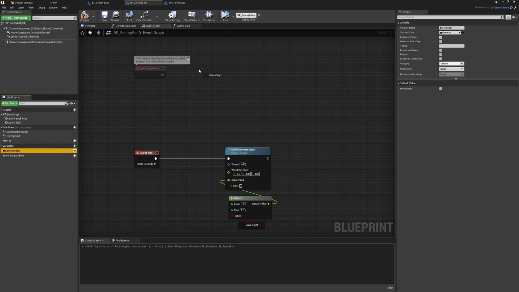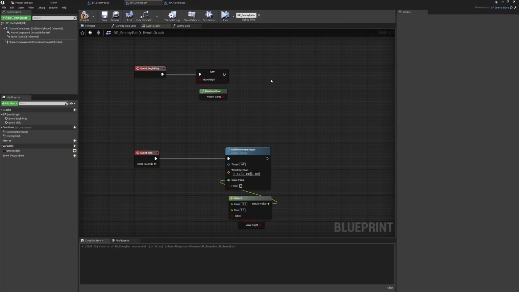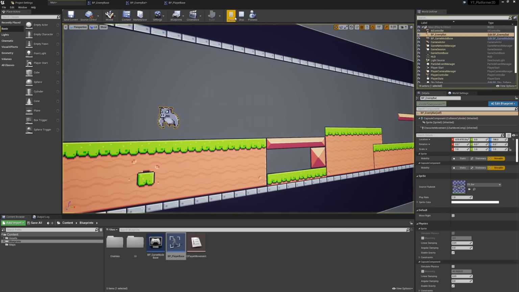What we can do is alt-drag in our variable, hook this up, and pull from here and use a random Boolean function. Quite simply, this will have a 50-50 chance of picking true or false when we begin play. We won't have any control over this. We'll just use this completely random assignment of the Boolean value. And then when it gets to the event tick, that will be taken into account